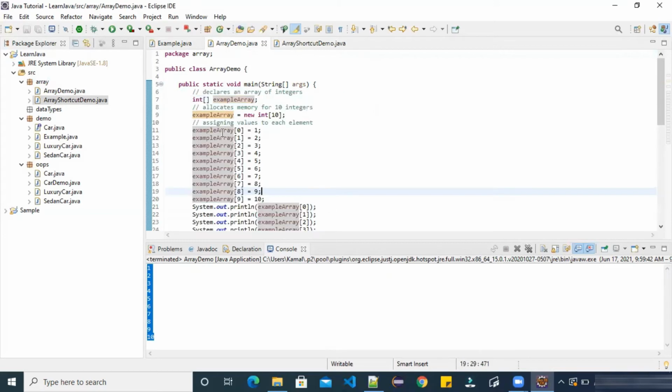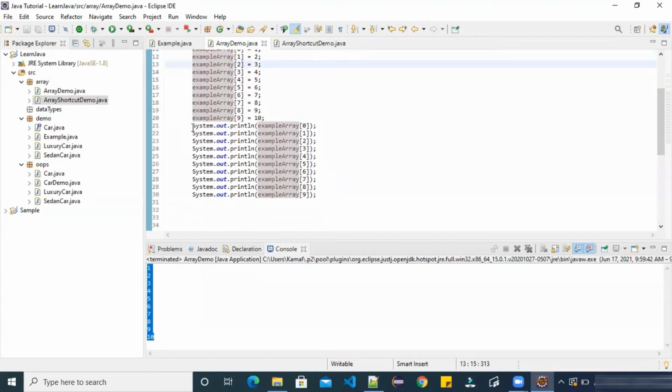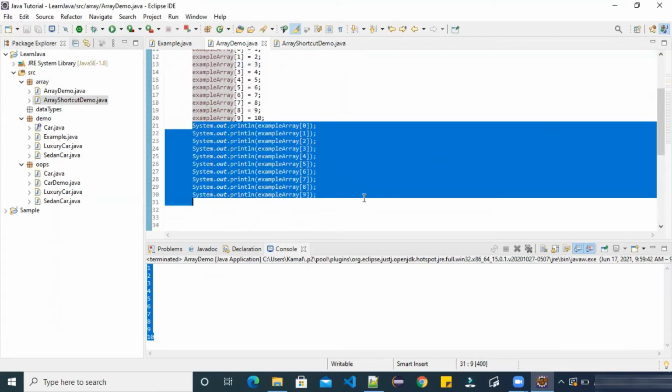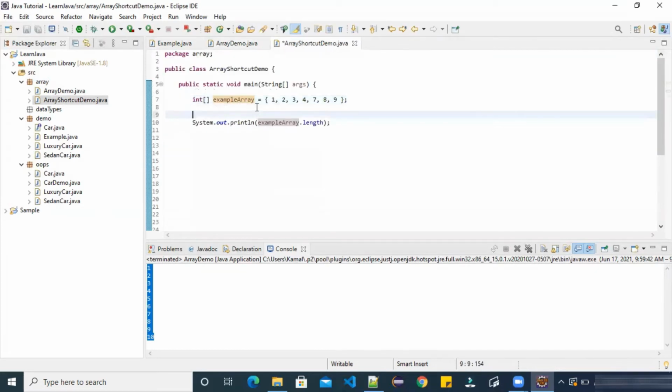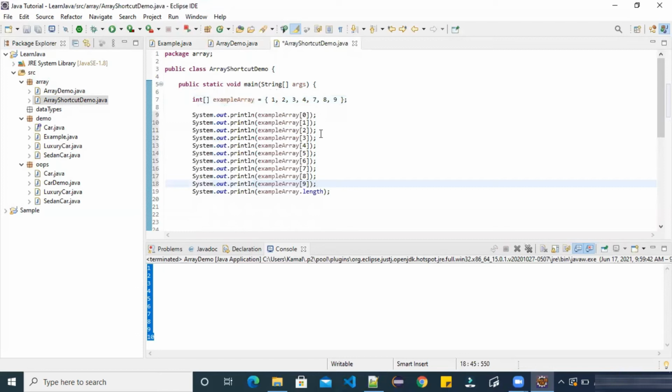If I use this, there are 10 elements, and to print the same example array of type int, but in the same line we have assigned values 1 2 3 4 5 6 7 8 9, and 10.